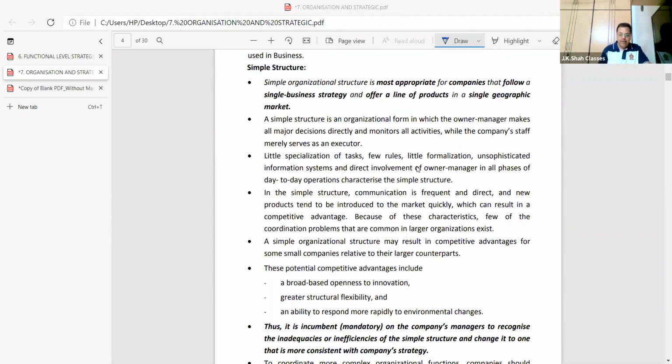In SBU, each unit can take independent decisions. Obviously, each will take independent decision because they have a separate strategy for each department. Like Eicher Motors, I used to say, motorcycle division, Mr. A is in charge, truck division, Mr. B, independent decision. So we can now hold the person responsible. Your responsibility to do this work. In divisional structure, it's passing the buck. One person does something wrong, he may put the responsibility on someone else. In SBU the chances become less.